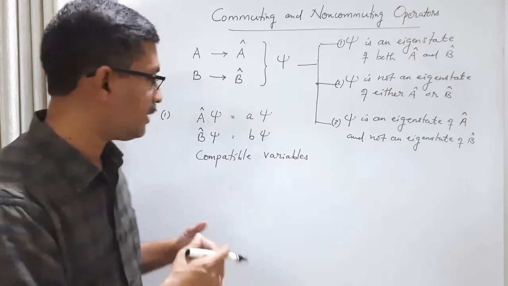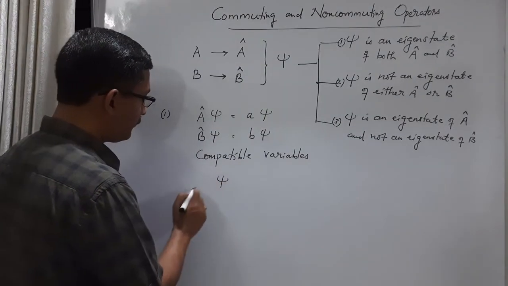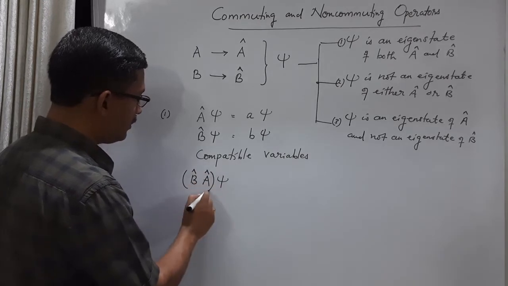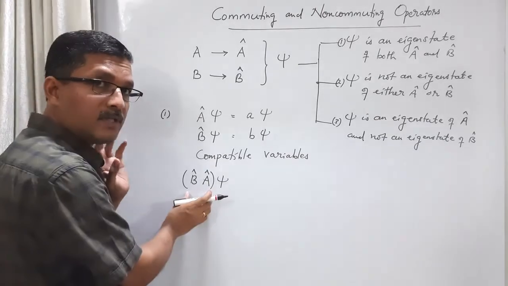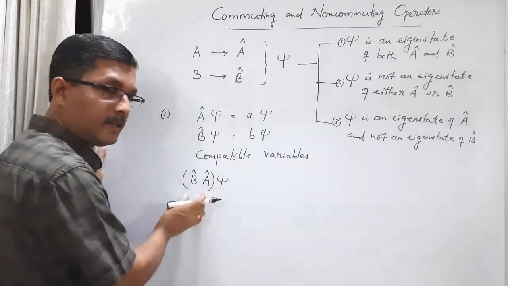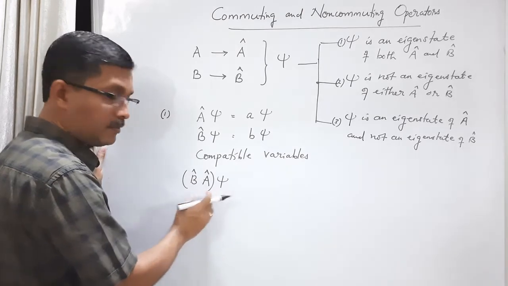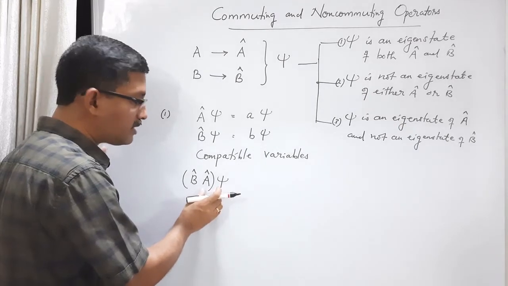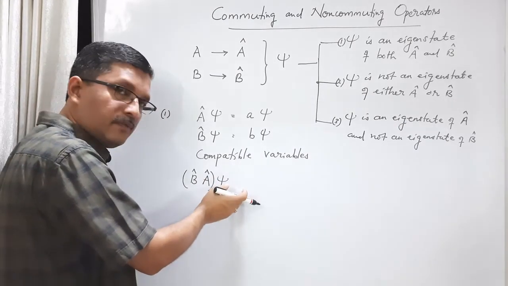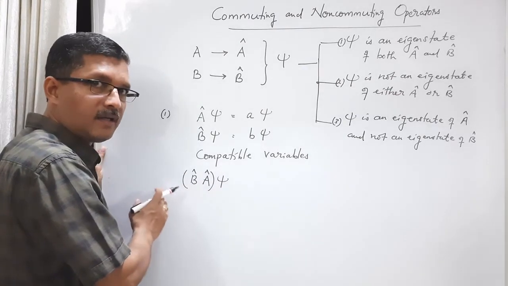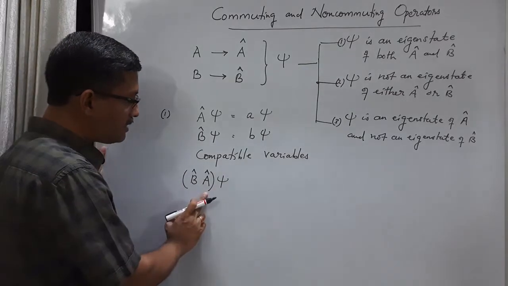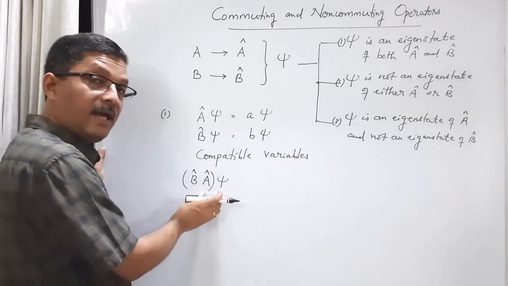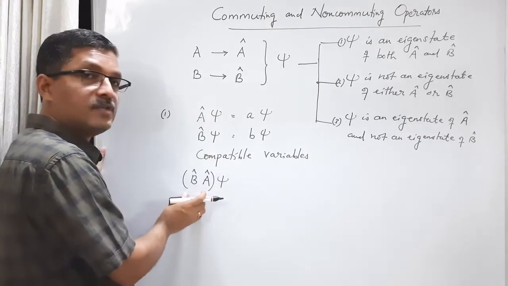Okay, let me try to write this mathematically. This is the state psi. First we want to measure A, and then we want to measure B. This represents the sequential measurement of A and B, first A and then B. We move from right to left, because the operator that appears at the right end will act on the wave function first, and then the next one, and then the next one. So in this sequence, A is acting first, which means physically we measure the physical quantity A first, and then the physical quantity B.